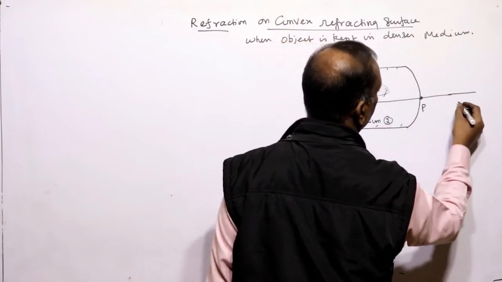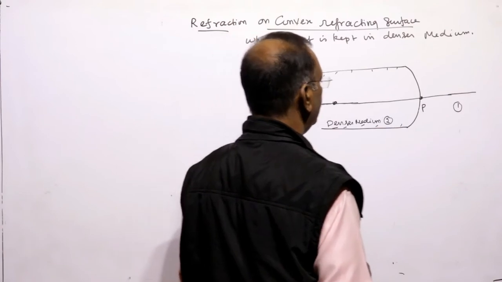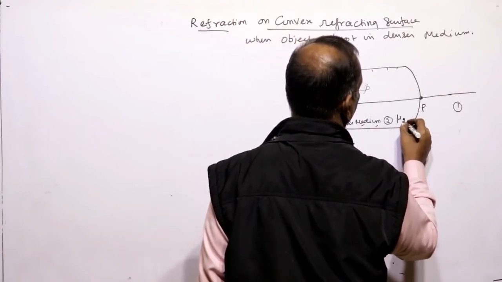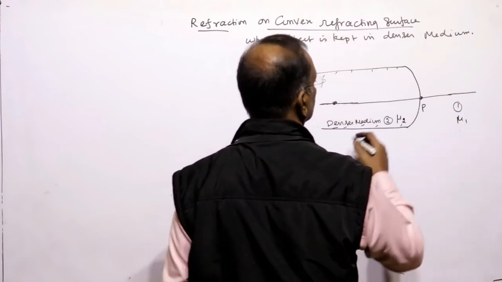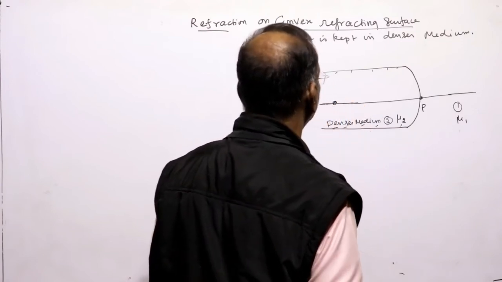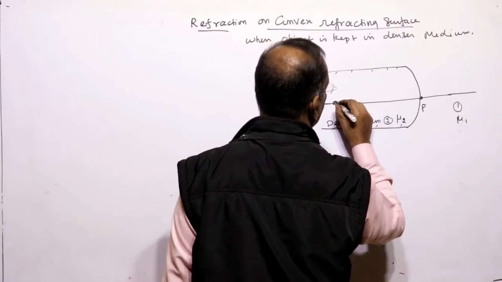Medium 2 and medium 1. This is the denser medium, with refractive index mu2, and the rarer medium has refractive index mu1. The object is kept in the denser medium. So when the object is kept in the denser medium, a ray goes